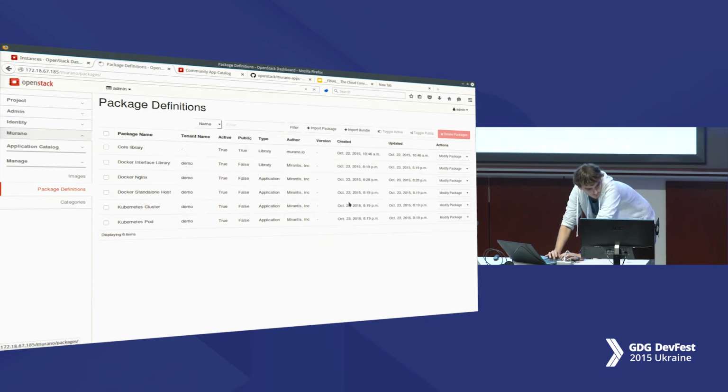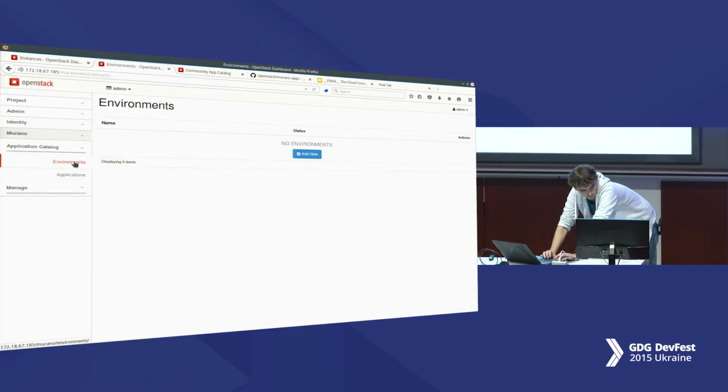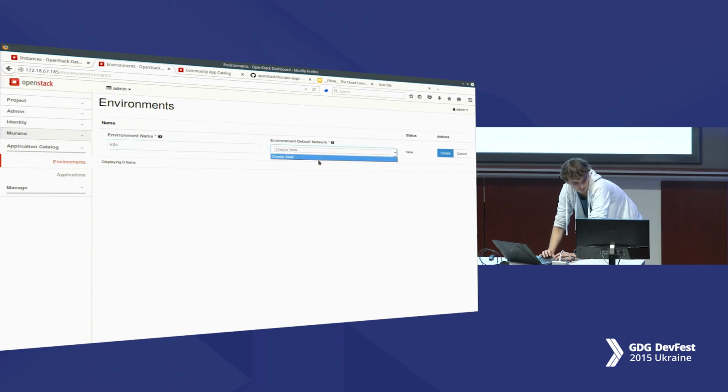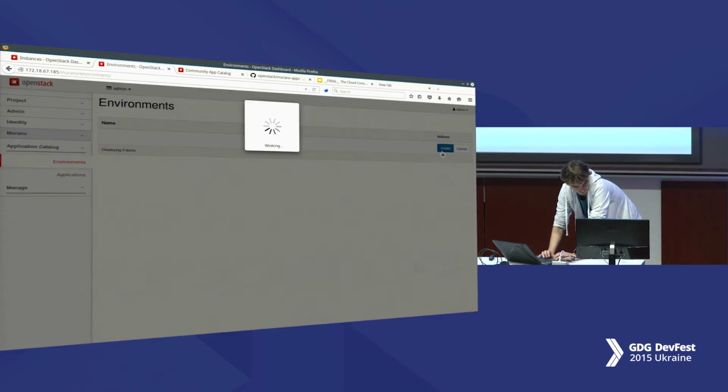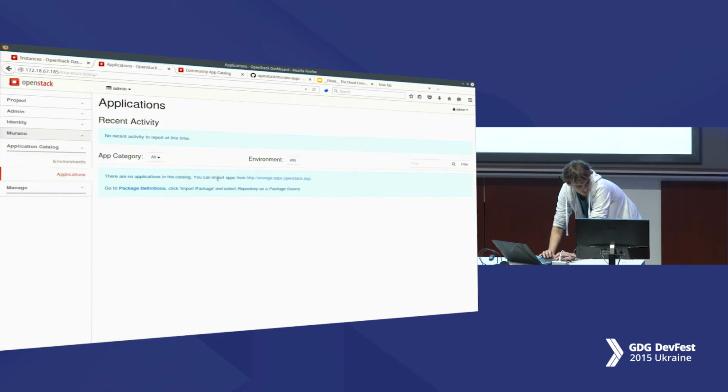But it won't install because we have it already. So to deploy the whole environment, we'll have to name it. We'll have to provide one of the networks. At the current moment, there are no allocated networks. And we'll have to bring some components.